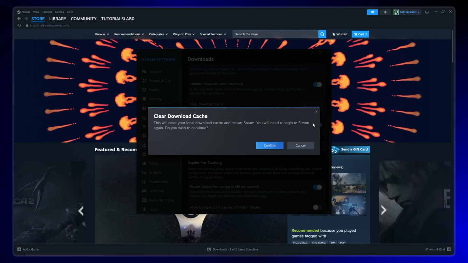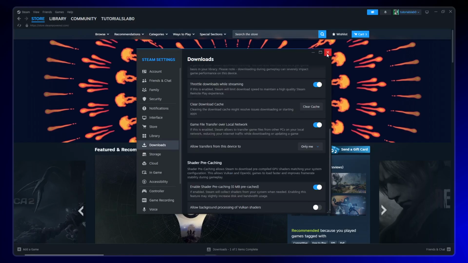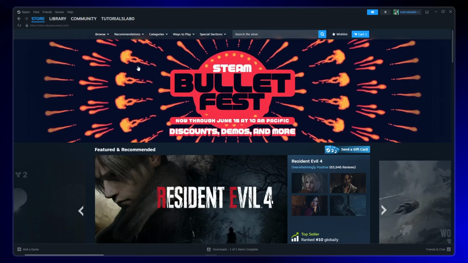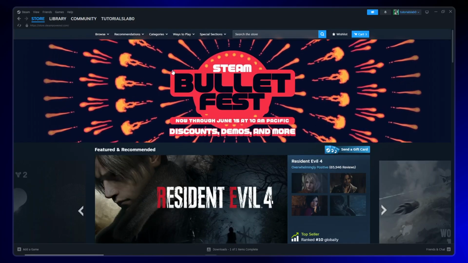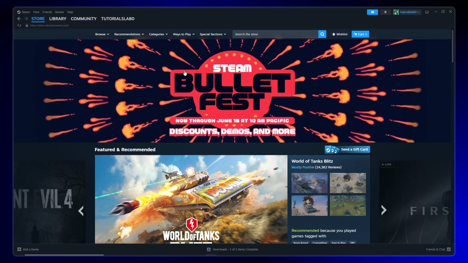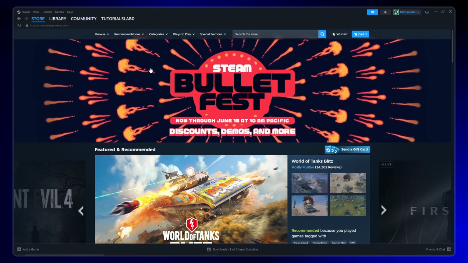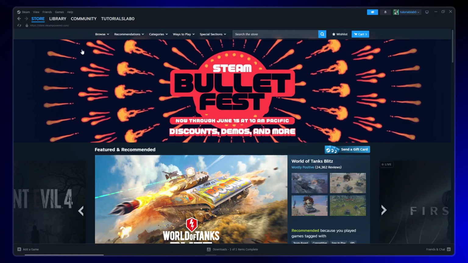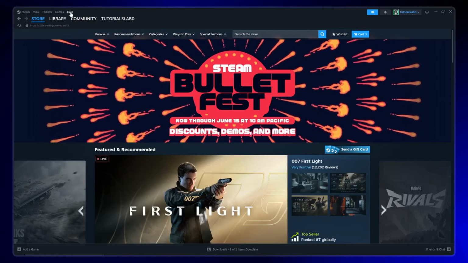At this point, try making your purchase again to see if clearing the cache resolved the issue. Many times, this simple step fixes common purchase errors related to cache data conflicts. However, if you're still experiencing problems and the purchase error persists, you'll need to contact Steam support directly for personalized